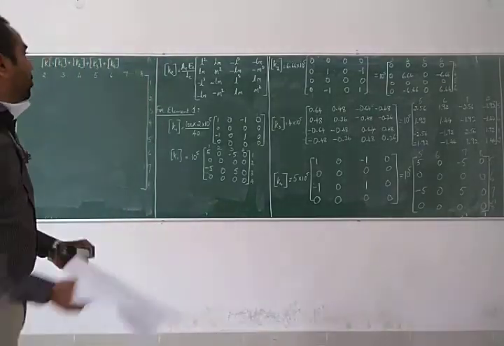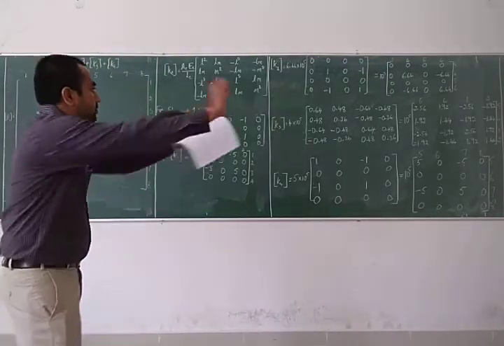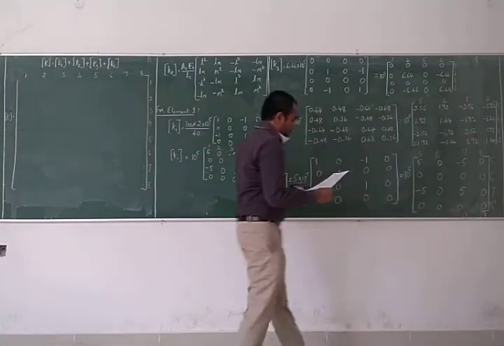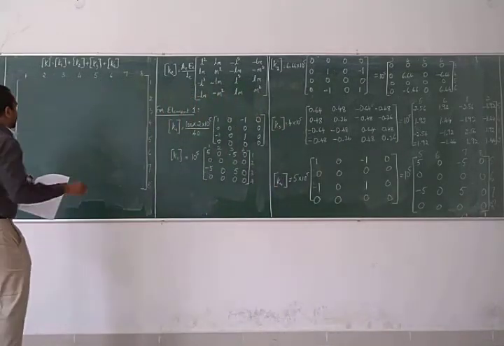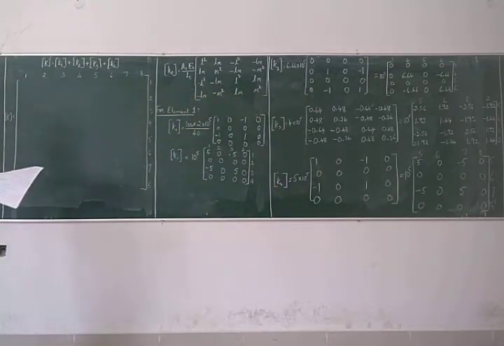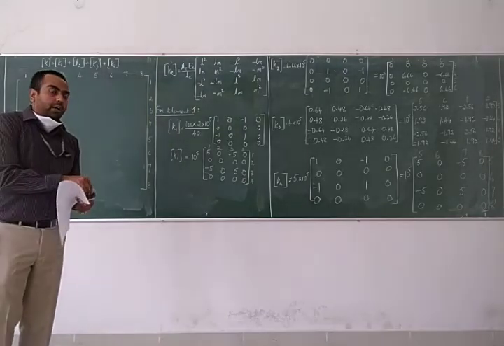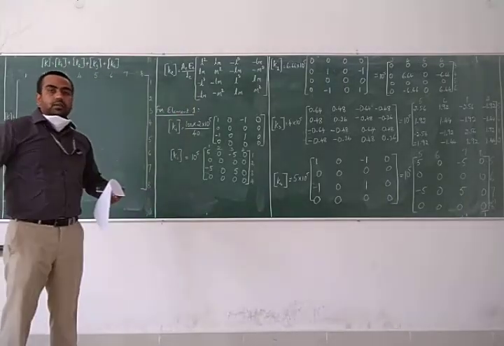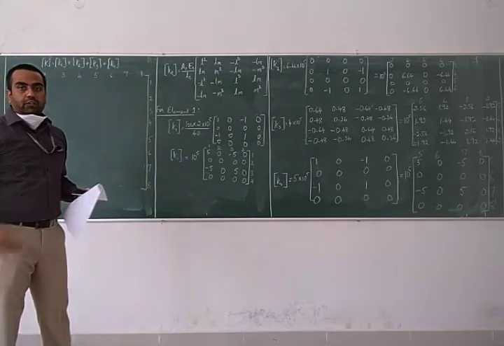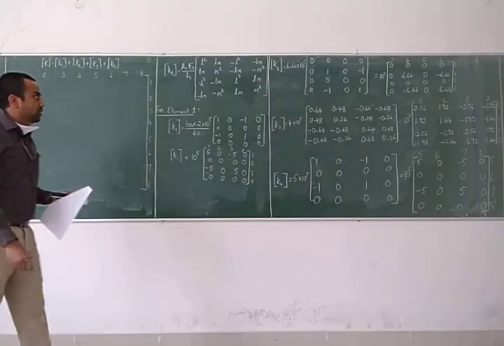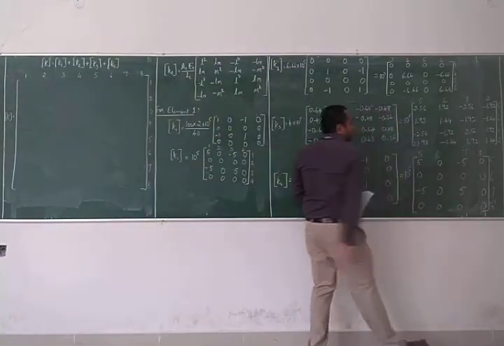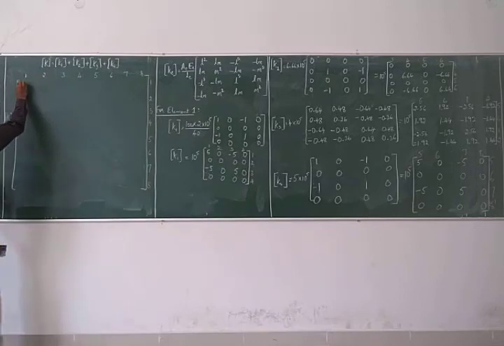Yeah, 2.56. So the value that you obtain, 5 plus 2.56, for row 1 and column 1, will be equal to 7.56. You can make one more step wherein you will denote what are being added separately and then create the global stiffness matrix. But since we don't have much space on the board, I directly write the values. 5 plus 2.56 will give me 7.56 as the value for row 1 column 1 element.